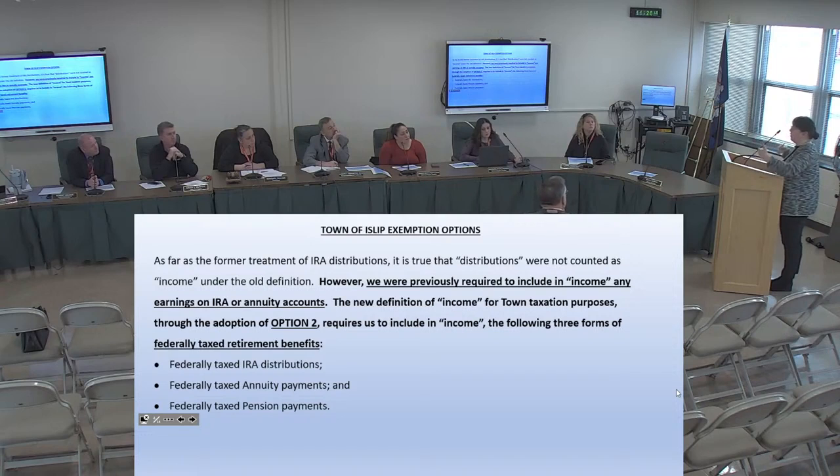You say difficult, can you define? Only in that, I can tell you, we'll have taxpayers come to our office and they'll say, well, why is this no longer, why is this included as income this year? It wasn't included last year. But it wasn't included the year before either, and it wasn't included because it was only just changed. I'm just saying that it will be an impact on the inquiries made to your board.